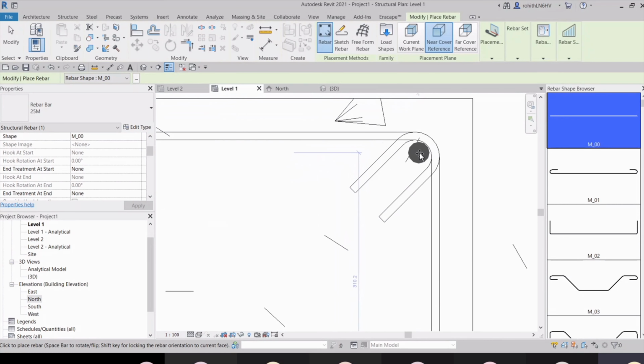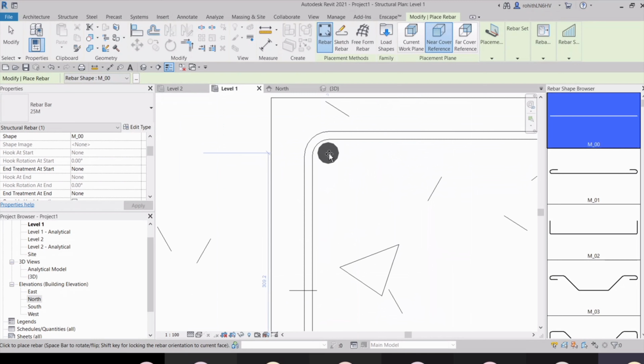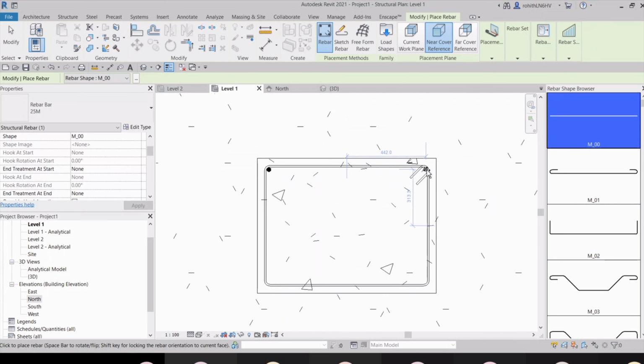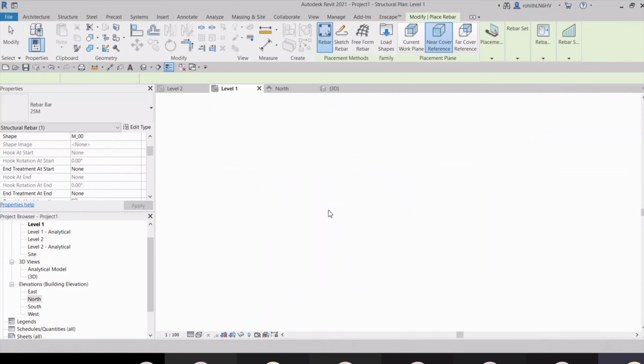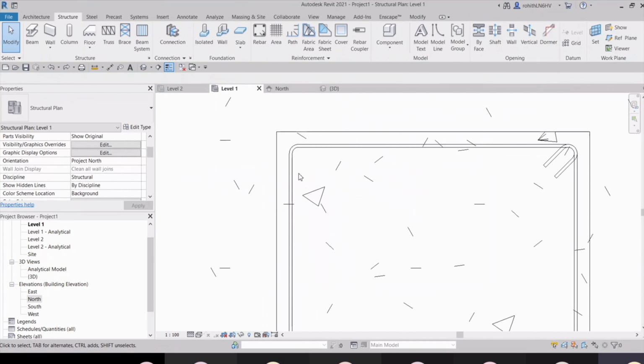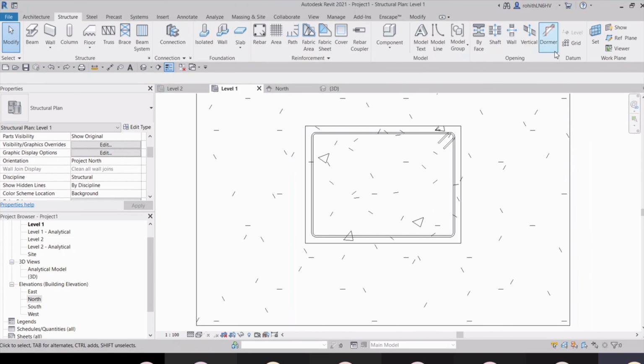Okay, and you have to be careful while placing, because you can understand when it snaps like this at the corner. You can place it, or what you can do, you can place it from the cover and give the marking with this model line.